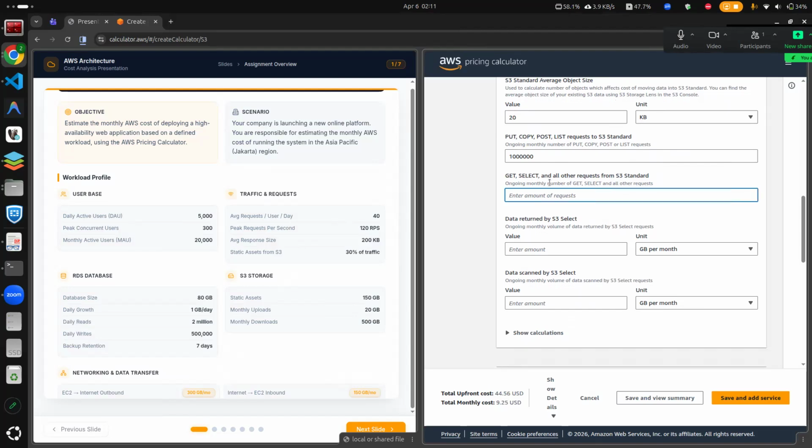And for the GET and other requests, from the workload profile, let's say 30% of traffic is, wait, 30% of 30% of traffic. So that will be